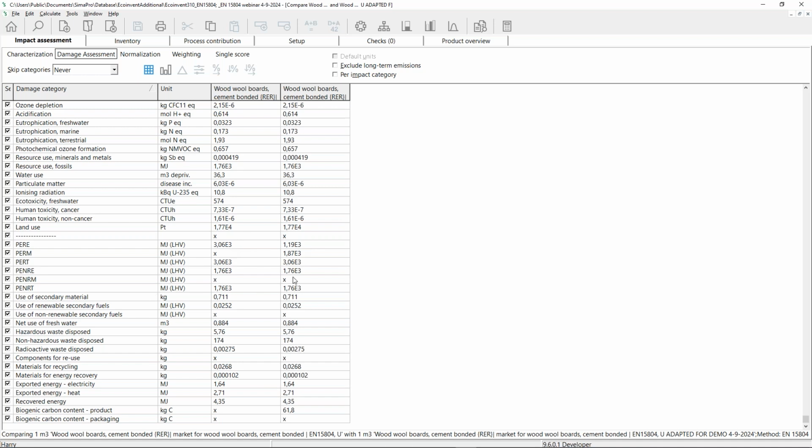For the non-renewable, it is the same because all energy that goes in is used as energy and nothing ends up in the material. So therefore, this is correct as a final result.